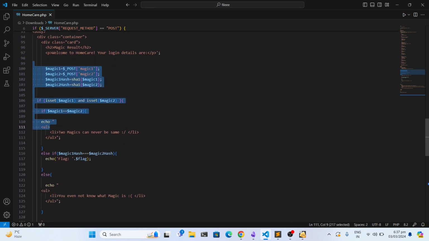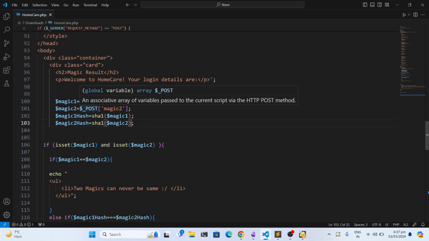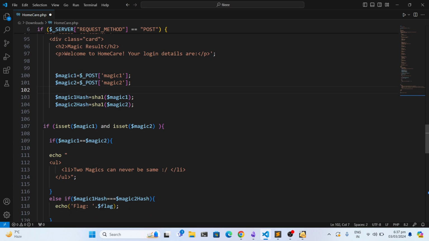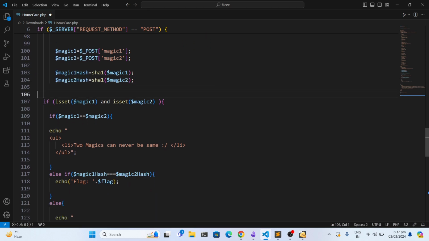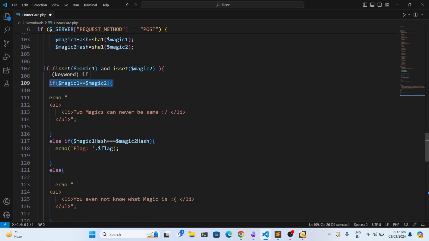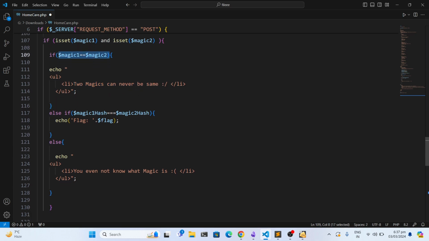If it is POST, then it will do this. The important part for us is right here, which basically gets the POST parameters magic 1 and magic 2 from the request, takes the hash of them and stores the values in magic 1 hash and magic 2 hash. If magic 1 is set and magic 2 is set, it compares whether magic 1 is equal to magic 2 or not. If this is equal, it says two magic can never be same, so these two values must be different. And if these are different, then it will